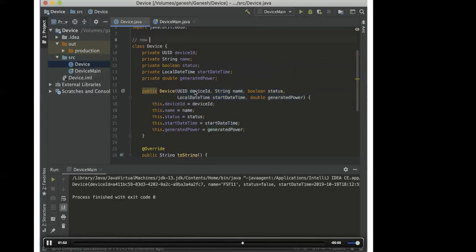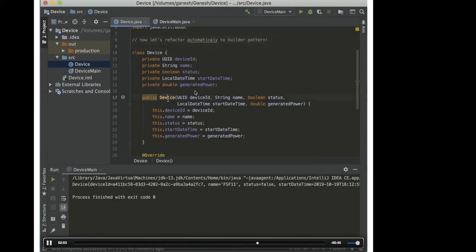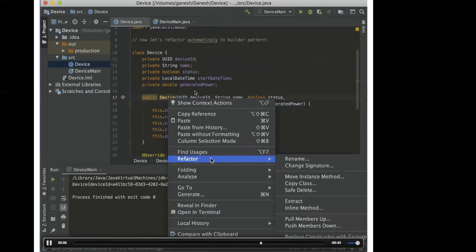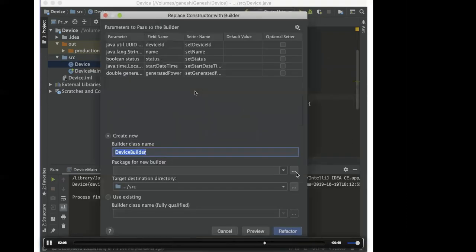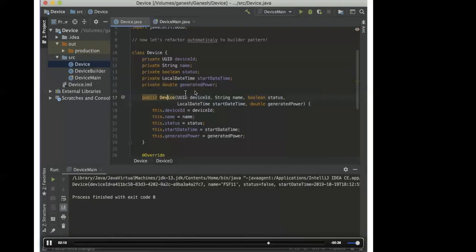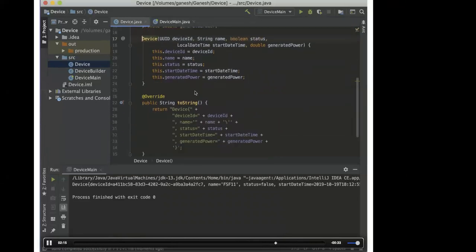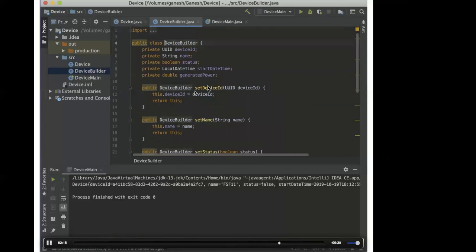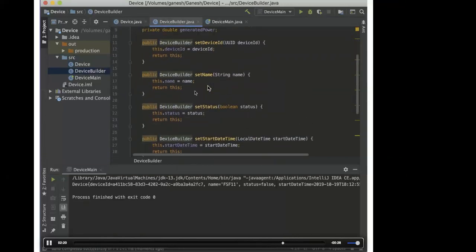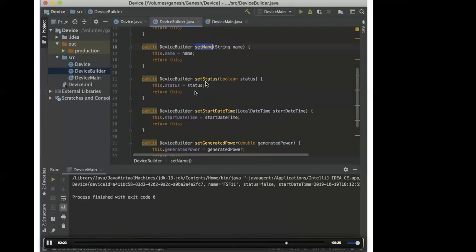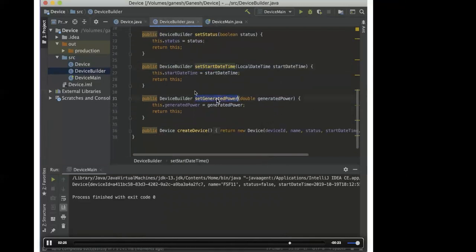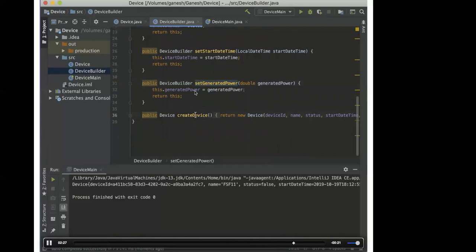For example, Lombok, right? So you can use that, or you can use a classic approach towards refactoring and use the builder pattern. And what is beautiful about IntelliJ IDEA is that it actually does most of it for you. You don't have to do anything. Just do refactor, and both the call site and the builder pattern creation are taken care of by IntelliJ IDEA. So this is the class that takes the responsibility of creating the object. And what is more interesting is the caller site also gets replaced with the call for the builder code.